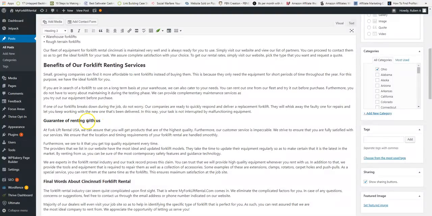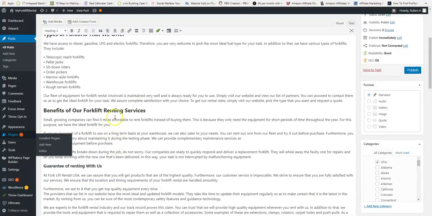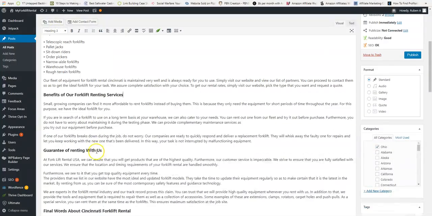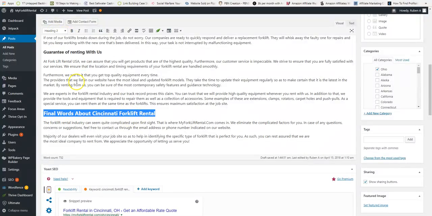This can be H3 the way it is now, so it's a little smaller. You know what, let's make this one H3 as well, H3 and H3, and then let's go back here and make this. Let's change this subheading because it doesn't make sense.